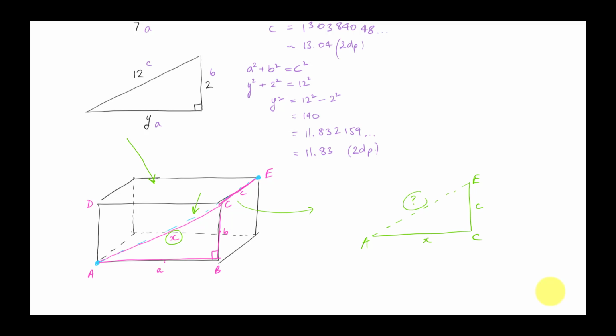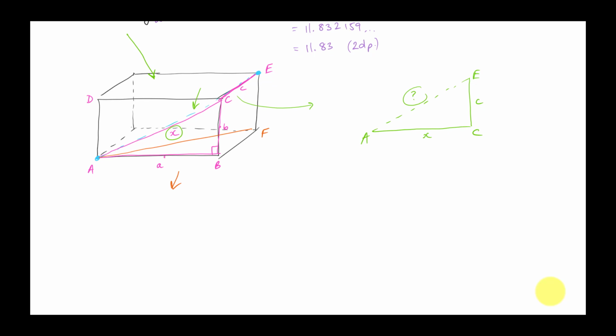Now in orange, I'm going to completely ruin this diagram and tell you there's another way that might be more visually appropriate here. And that is, if instead of looking at the front face, let's look at the base. What say I call this side length here, what am I up to? F, and I find this diagonal. So I've got ABF, triangle ABF, which looks like this. If I'm looking down from above,